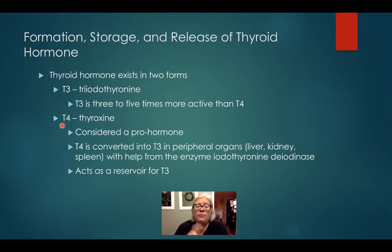The reason why it's called a pro-hormone is because in circulation, the T4 version of the thyroid hormone circulates inactively. But at a certain time, T4 can easily be converted into T3 by just breaking off one of those iodine residues. And when that happens, T4 is converted to T3, and T3 is going to be that active form of thyroid hormone. T4 can be converted to T3 in 3 specific peripheral organs: the liver, the kidneys, and the spleen. The way that this happens is through a specific enzyme called